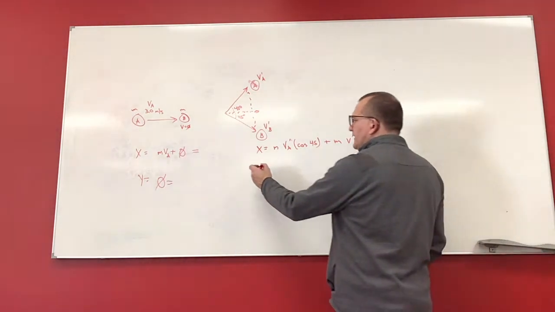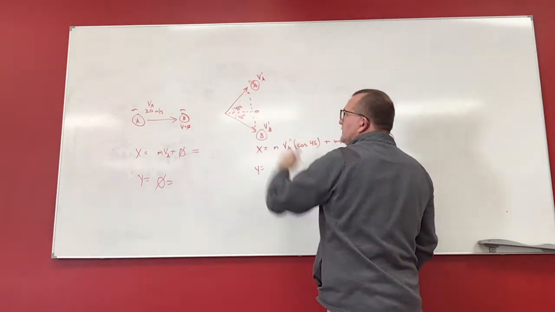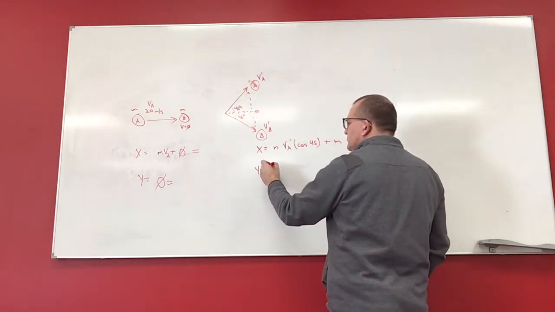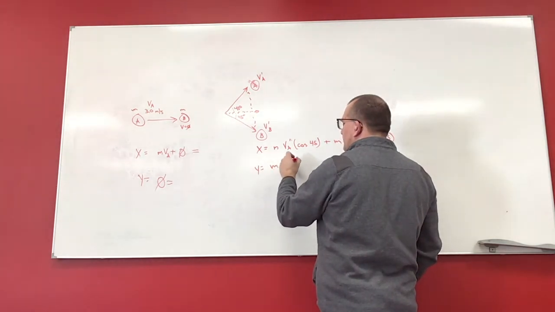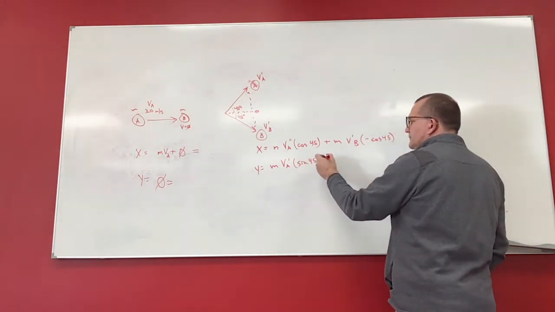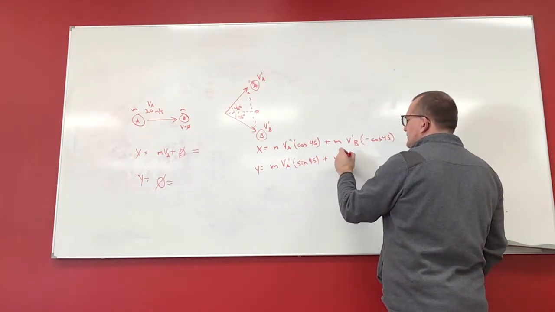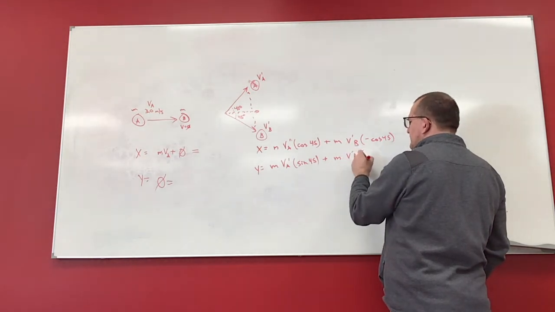And then my y, we're dealing with the sine, so we're dealing with the vertical component. So in the y, for A, it'd be m VA prime sine 45 plus m V prime B negative sine